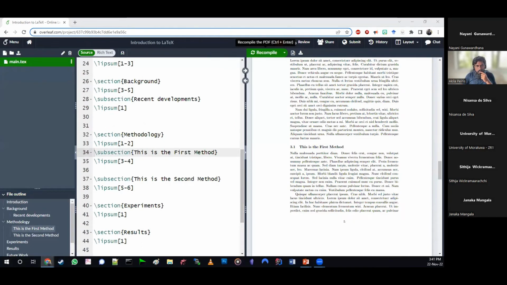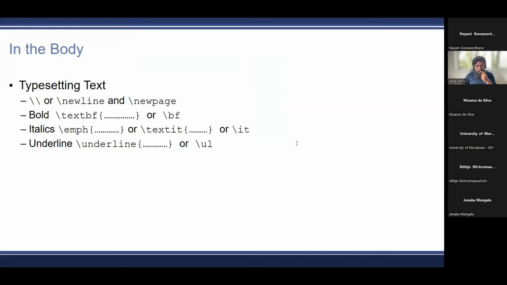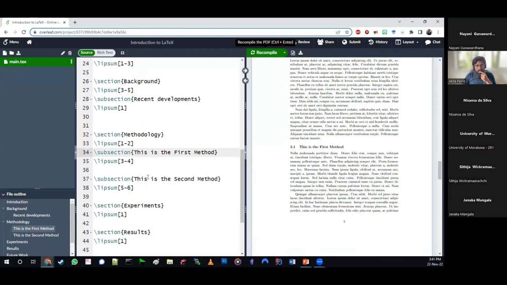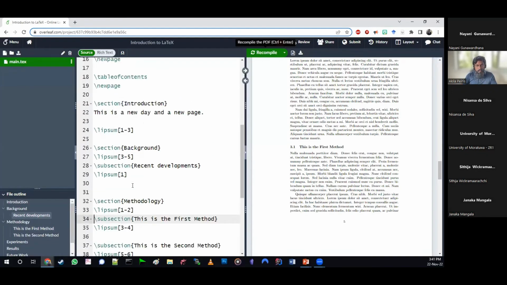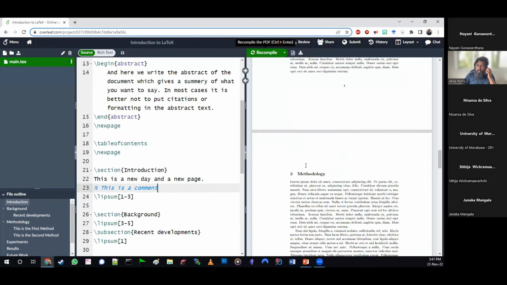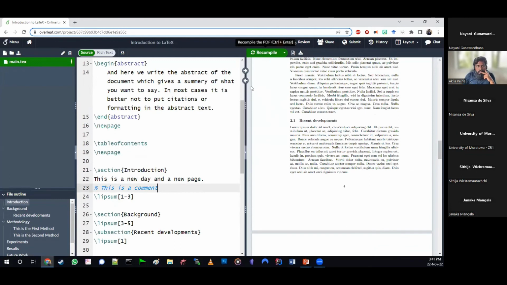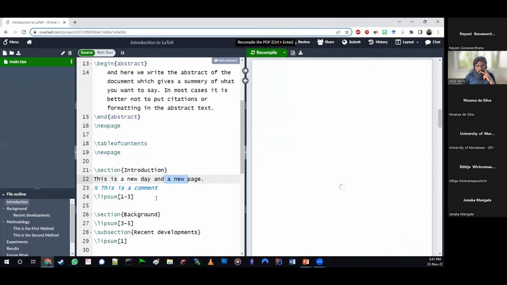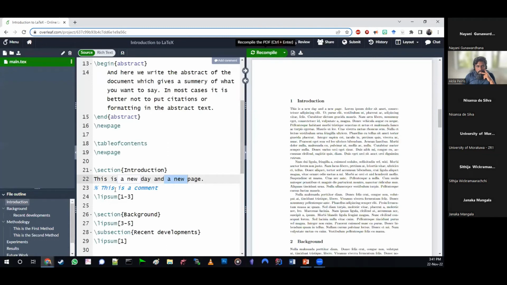Okay. Now, let's go ahead and add some bolds and italics. Oh, one more thing is that this is a comment. So here, let's go here and compile it, and you will see that these are merged, and this is a comment. It does not appear in the document.